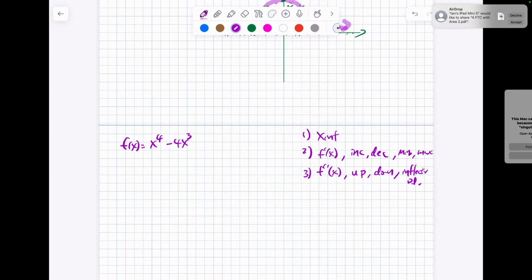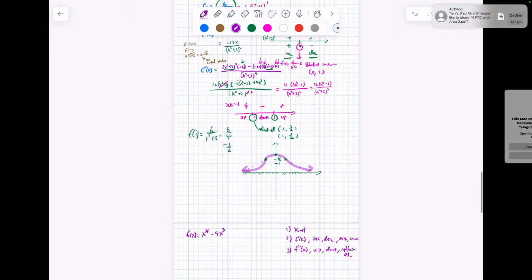Can you scroll up a bit to show the concavity? It's really